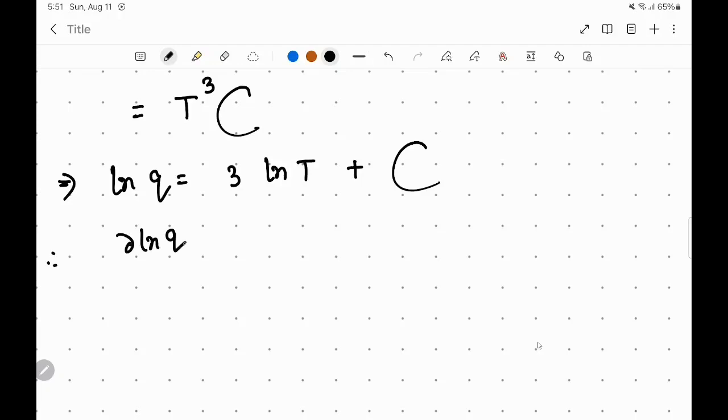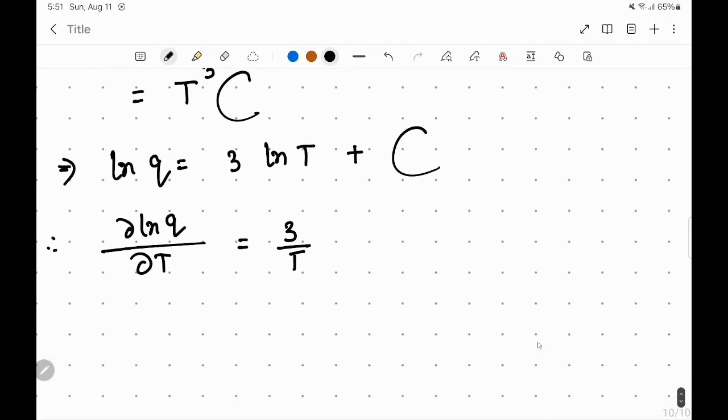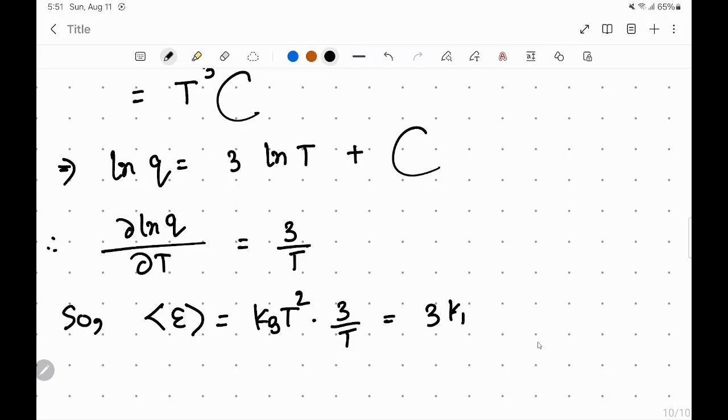So d ln q / dT will be 3 by T plus 0. So just 3 by T. Yes. So what will be the small e average? kB T squared into 3 by T, so it is 3 kB T. Okay, so what will be capital E? 3N kB T. And Cv will be